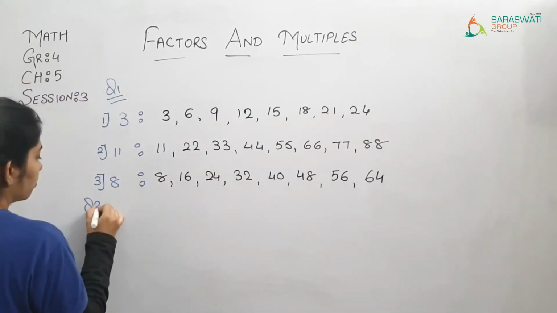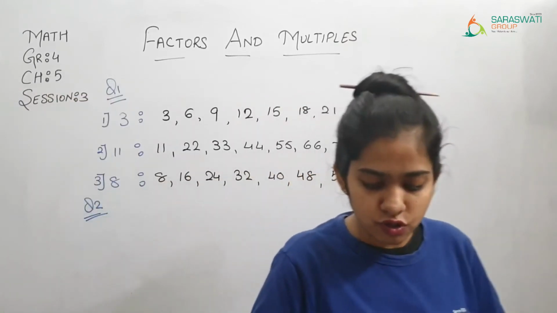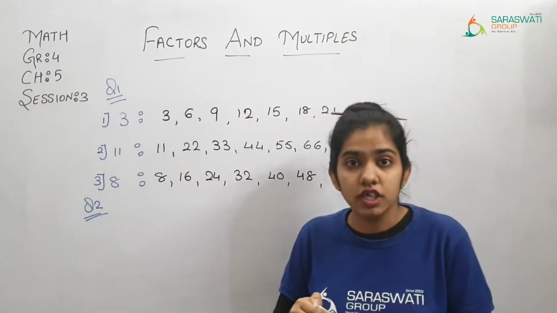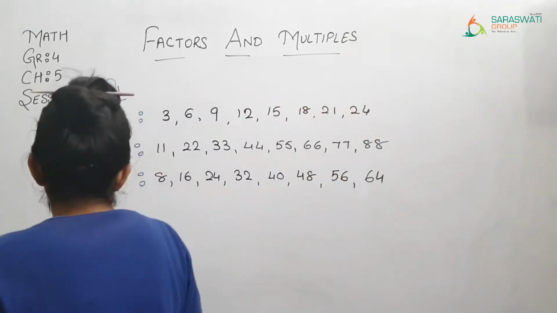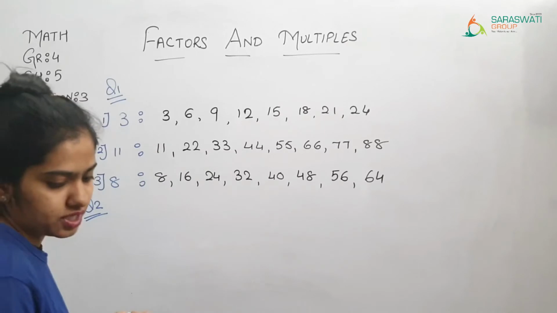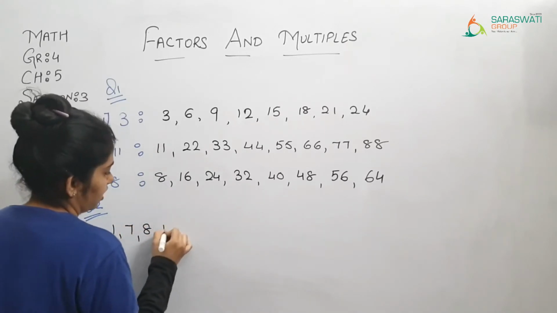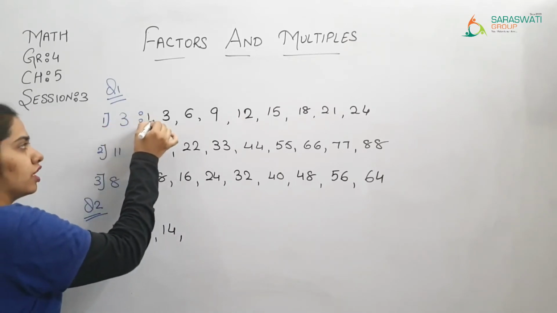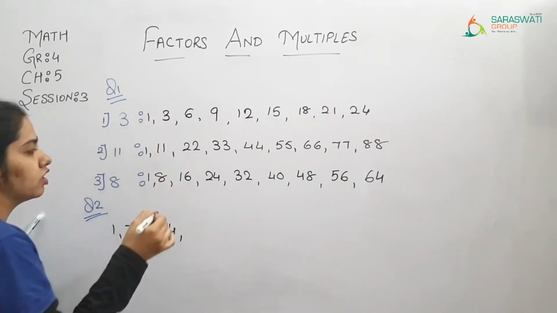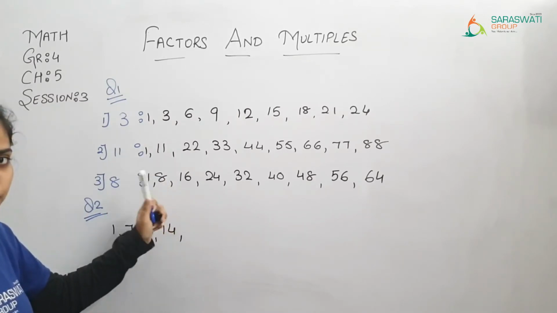Question number 2, in which you are supposed to find out that which of the following numbers are not multiple of 7. કે અહીંયા હું નંબર્સ લખું છું 1 7 8 14. Yes, don't forget to write number 1 કે 1 છે એ બધા ફેક્ટ નો મલ્ટીપલ આવે. So 1 પછી 8 આવશે નંબર itself.